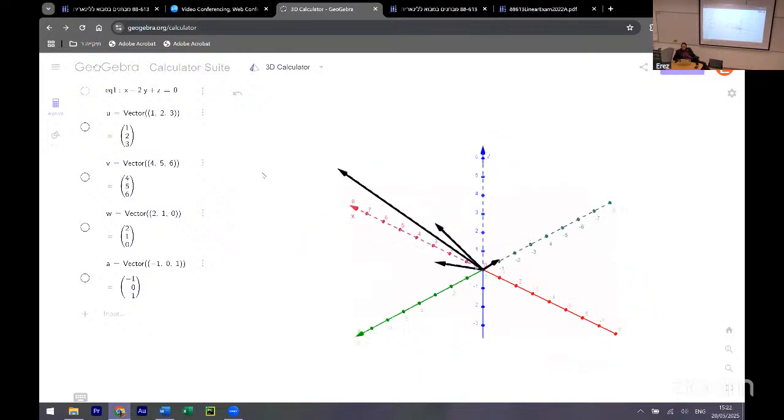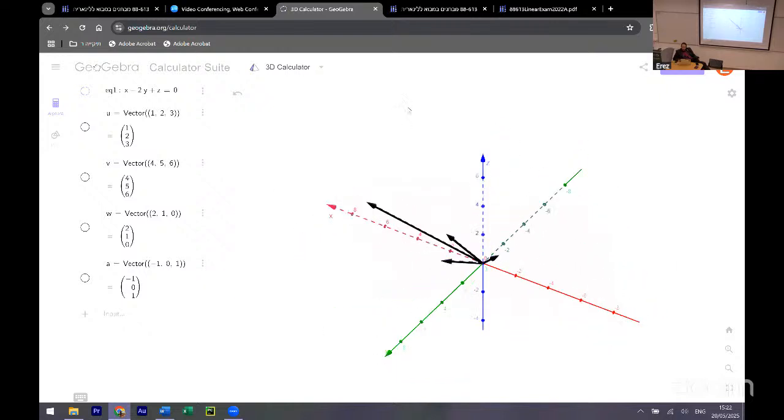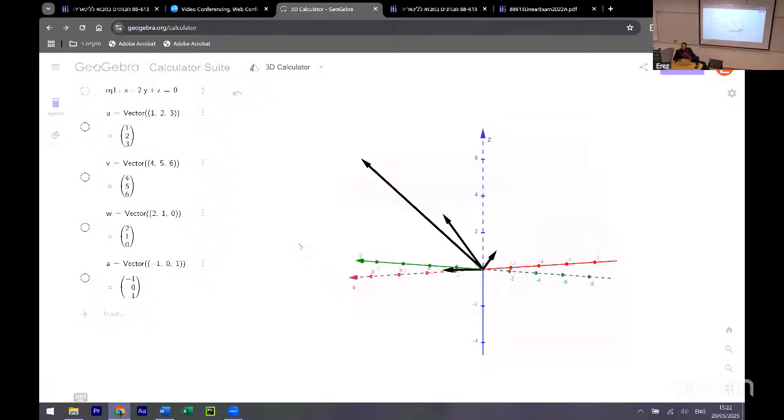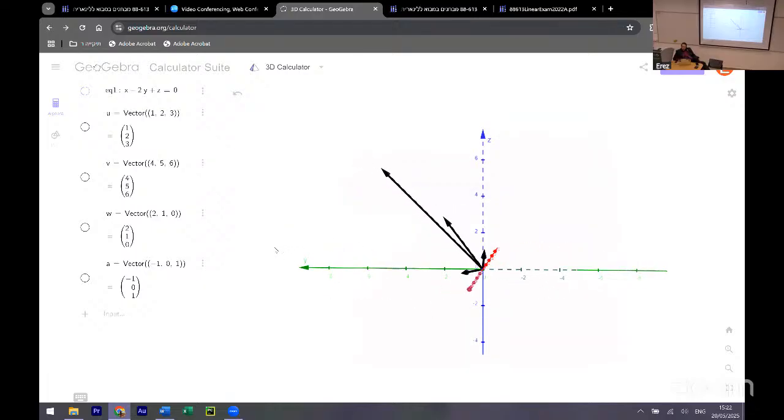We just found another geometric representation of the very same